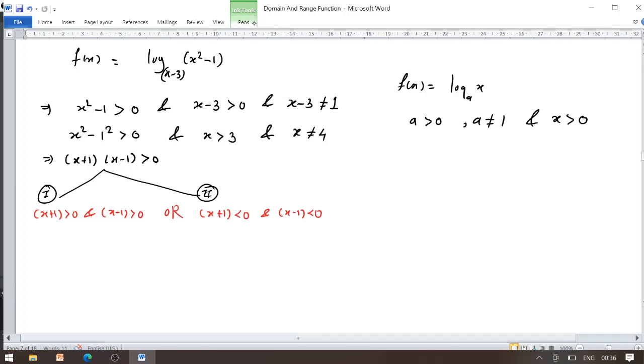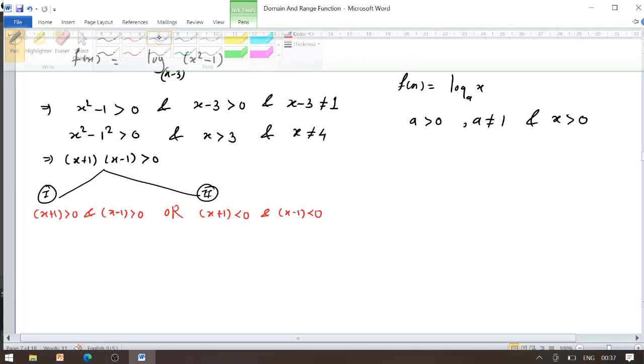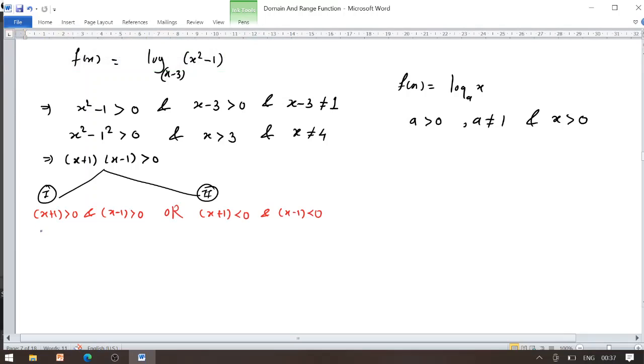So as per that, we are now simplifying all the inequalities. So x is strictly greater than -1, and x is strictly greater than 1. For that, consider the real number line to find their intersecting part. Somewhere we have a 1, and left of it we have a -1.